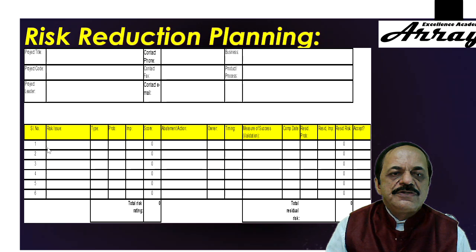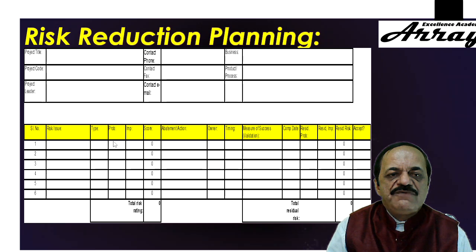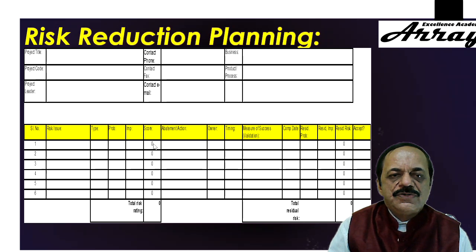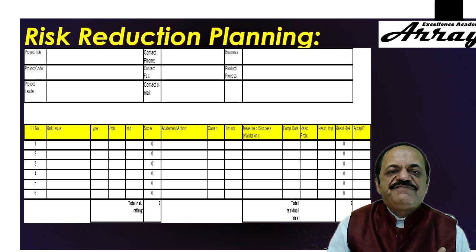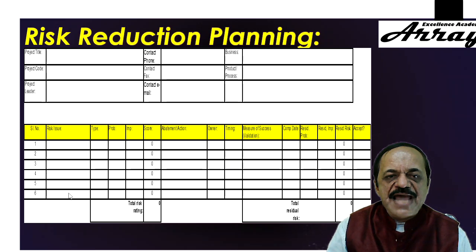risk reduction. Here you list the risk, you do the classification as to whether it is a technical risk or the business risk or marketing risk, and so on. You assign a number in scale of 1 to 10 for probability. You assign a number in a scale of 1 to 10 for severity. You multiply these two numbers, as I told, 6 into 5 is equal to 30. This number, if it is less than cutoff, it is not significant risk. If it is more than cutoff, it is a significant risk, for which you will decide actions to take and who is the responsible person, what is the cutoff date within which action has to be taken,